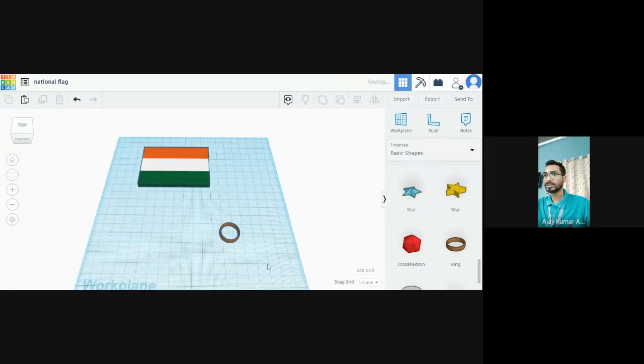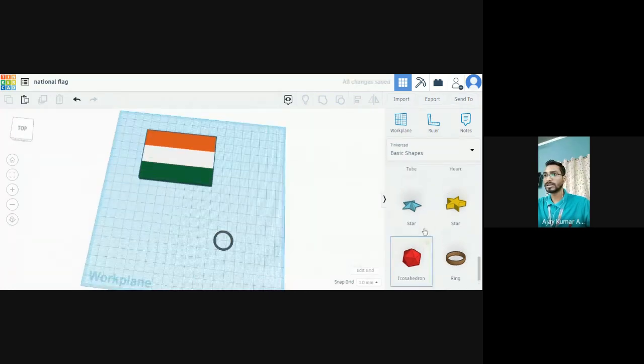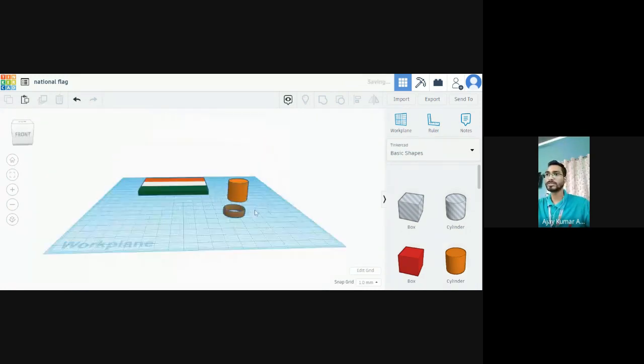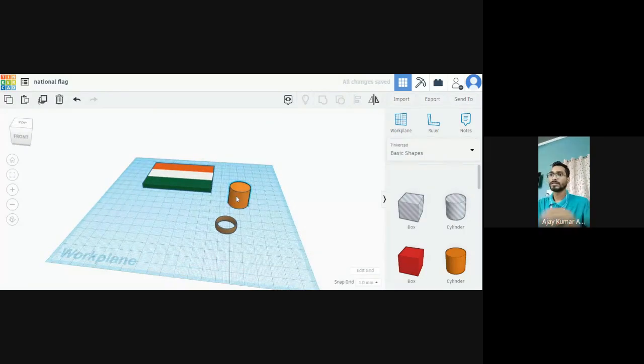So for the spokes, you can choose the slender. The slender shapes you can choose and simply drag onto the work plane, and now the slender will appear on the work plane. So now I want to change the dimensions of the slender. I am going to make it 19.5, or you can use 19.3 like this. Okay, so like 19.3.